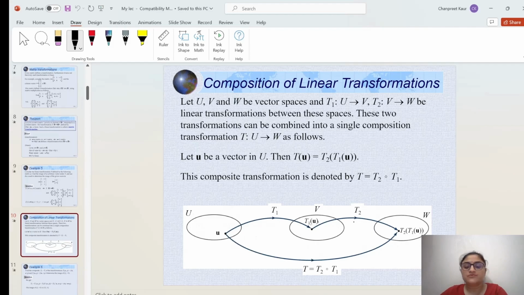So here we are defining the composition. T1 composed with T2 will be T2 o T1. We call it T. So T will be a mapping from U to W. Just like we define composition for functions, in a similar fashion we are defining composition for linear transformations as well. So how does the composition operator act here? Let u be a vector in the domain vector space, that is capital U. So T of u will be, where T here I have defined as T2 o T1, T2 composed with T1, T2 applied to